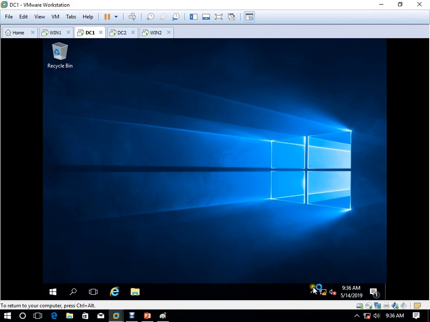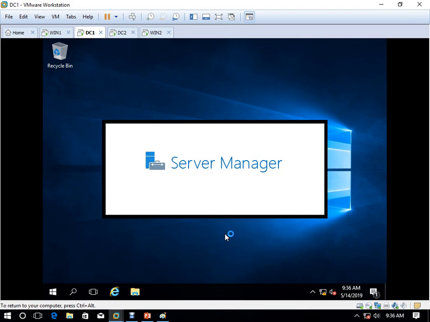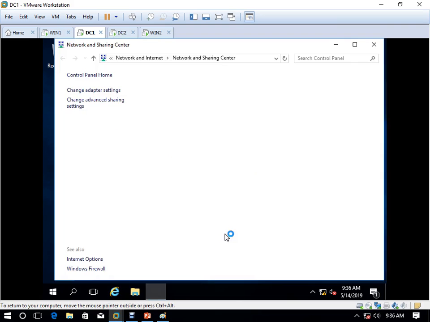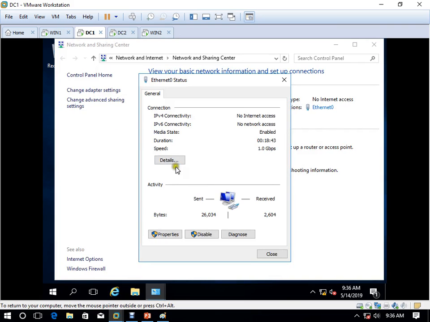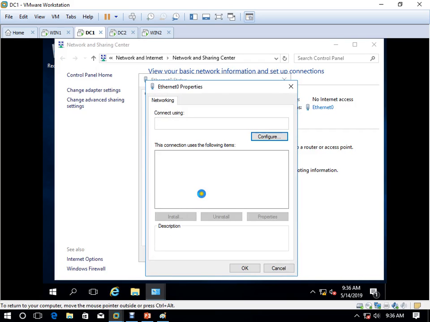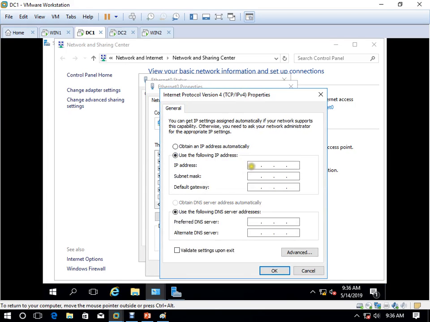So this is my DC1. It's a basic configuration. This is a fresh machine, so I'm starting from the beginning. This is my LAN. As I told you, the main branch will have the 10.0 subnet. So I'll come here and set 192.168.10.1.